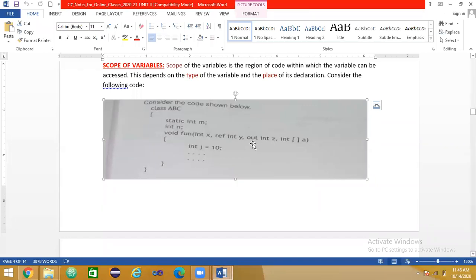Now this is a small code consisting of a small class, and the class name is ABC. You can see one variable called int m here, and that is called a static variable. One keyword precedes it, static. And here one more variable called int n. Here a small method is there, and the name of the method is fun, which is a user-defined identifier. It is not returning anything, so the return type is void. Generally this function consists of opening and closing parentheses, and inside this parenthesis all these are called parameters, and each parameter is of a different